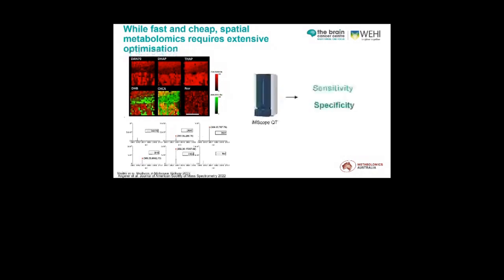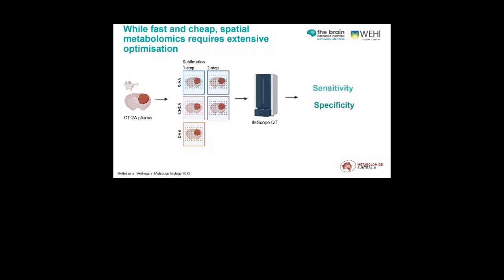So we set up an experiment that compared 5 different sample preparations for both polarities. You can do this in negative polarity or in positive polarity, again giving you quite different metabolites. Because we were interested in brain cancer, we used a xenografted CT2A tumor. We did all of this in collaboration with Metabolomics Australia, and then developed a pipeline to evaluate the sensitivity